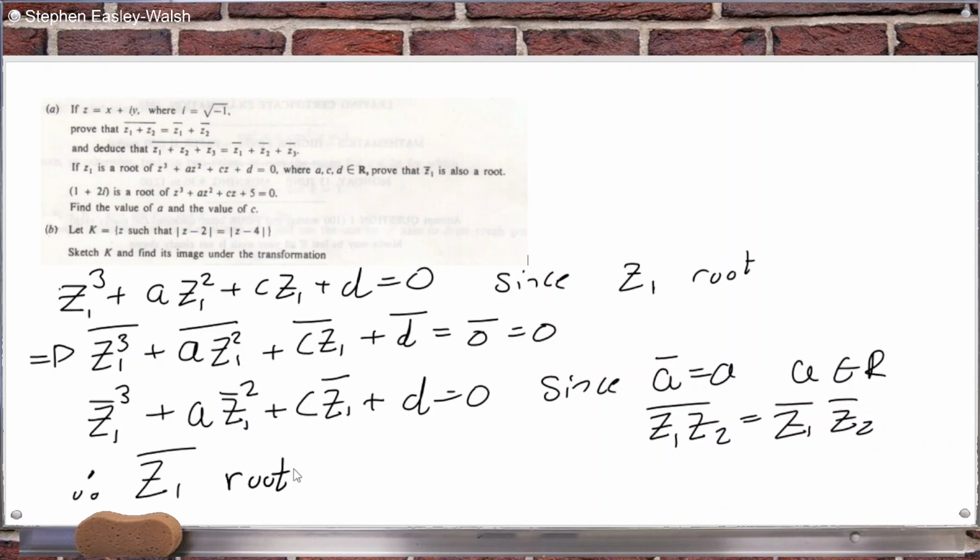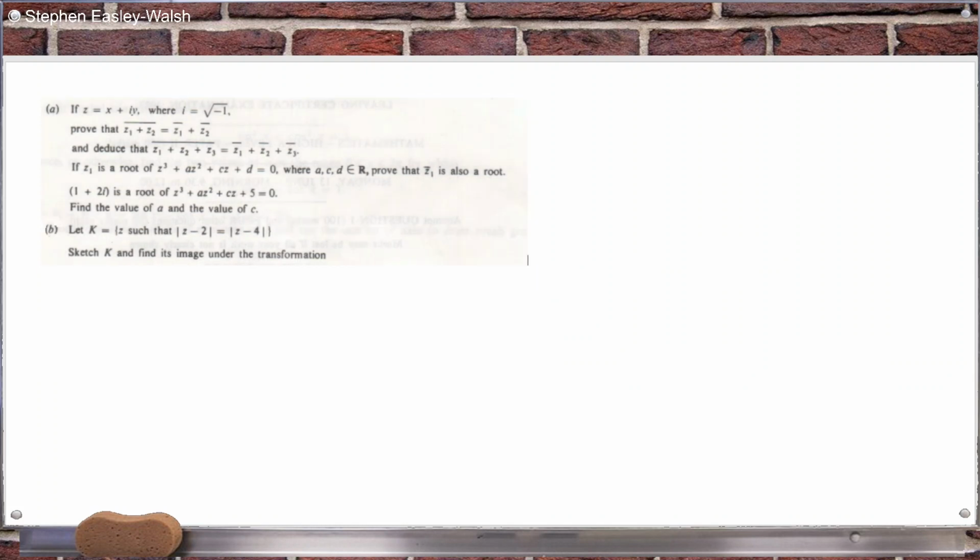Let's see what's next now. Find a and c, and we have one of the roots. So one root is 1 plus 2i. So therefore the other root is 1 minus 2i. The sum of the roots is 2, and the product of the roots is 5. So that means